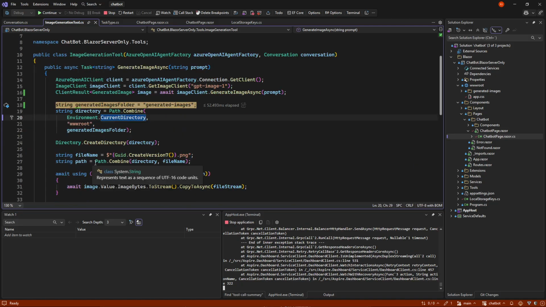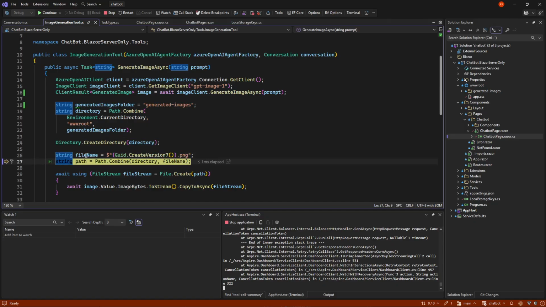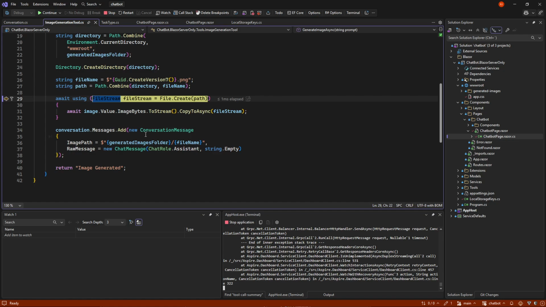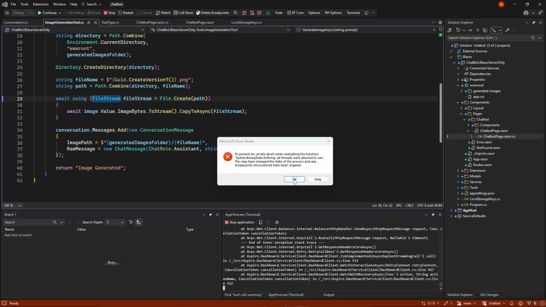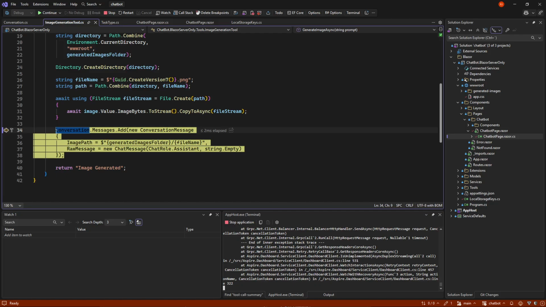And what we do with that PNG, because we need to show it in a browser, we put it in the www route of the Blazor. So we generate that folder, and we just generate a random PNG file name with a GUID. Then we take our stream of our image bytes and essentially make the file. So we do that, and then we add to our conversation a new message saying that we have a message